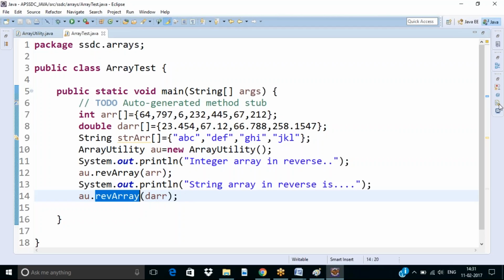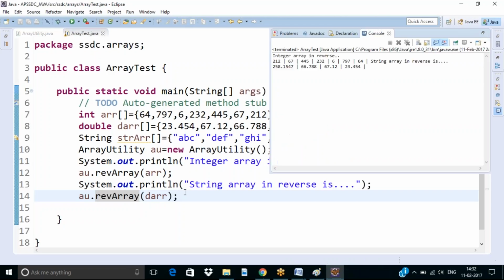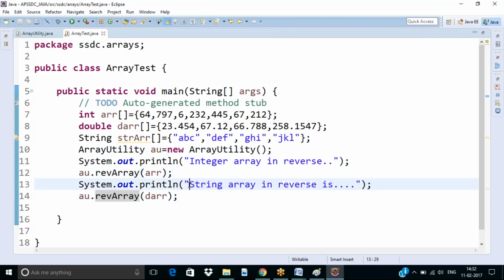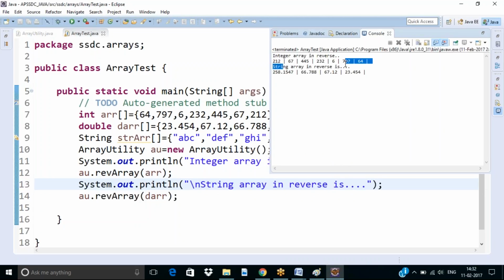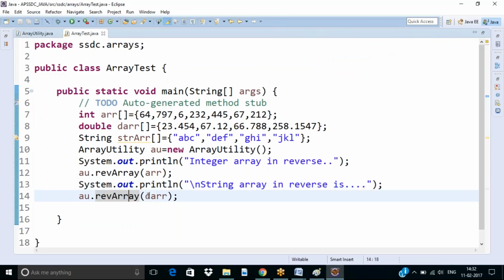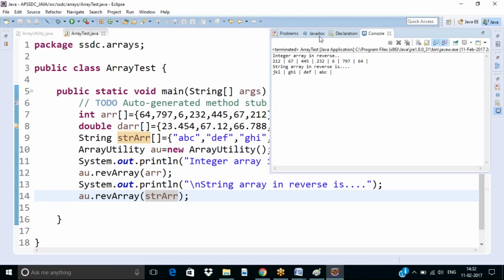Please watch it carefully. Now execute the program. String array. Wait, let me break the line. Now the string array in reverse is shown here. You have to send str ar. Now the string array will be displayed. So JKL, GHI, DEF, ABC. Actually we gave ABC, DEF, GHI,